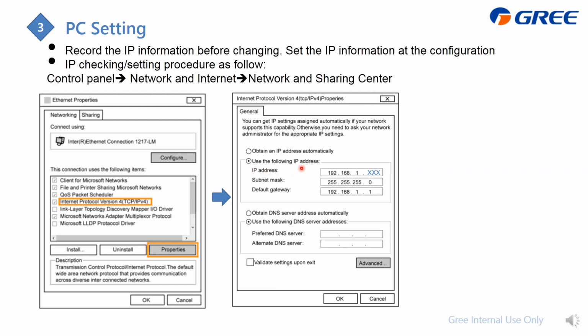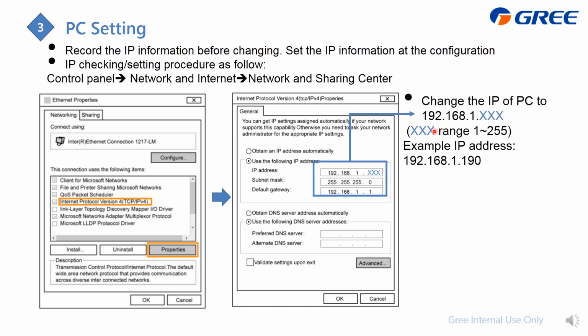Use the following IP address and just input the information here. For this one, you can change it to be like this. And this, for example, can be 190. As for the DNS setting, please keep it unchanged.